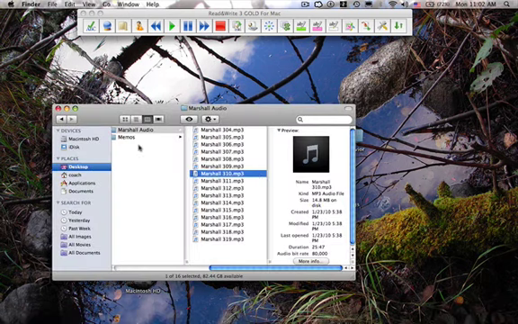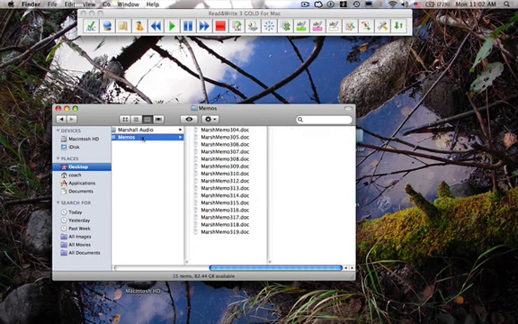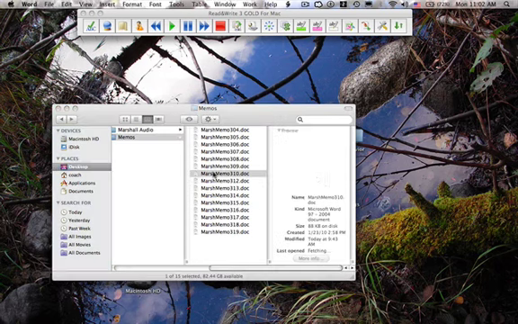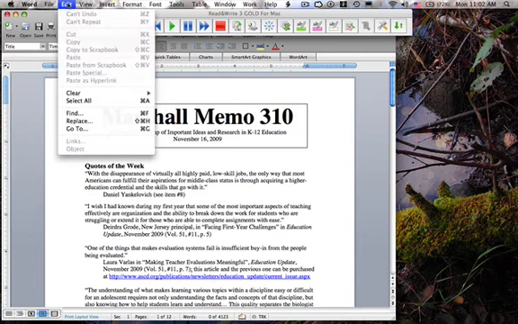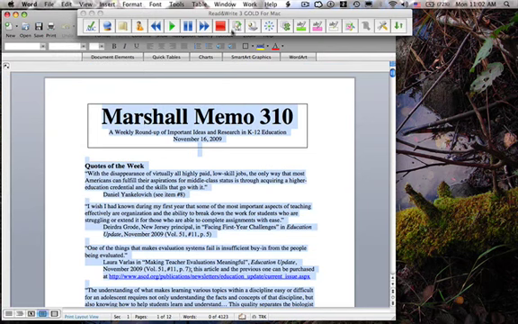And I have selected Marshall Memo 310 as the demonstration text, and open that up. The very first thing you need to do once your document file is open is to select all. So we go to Edit, Select All. Using the Speech Maker button in Read and Write 3 Gold for Mac,